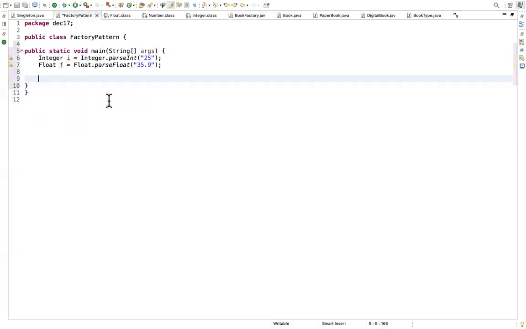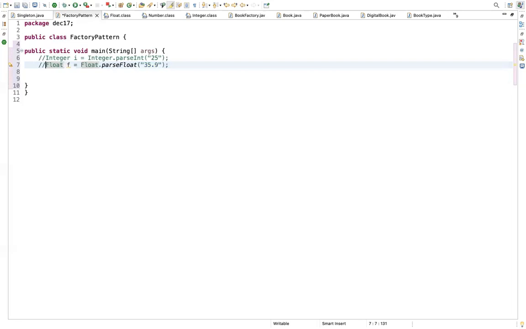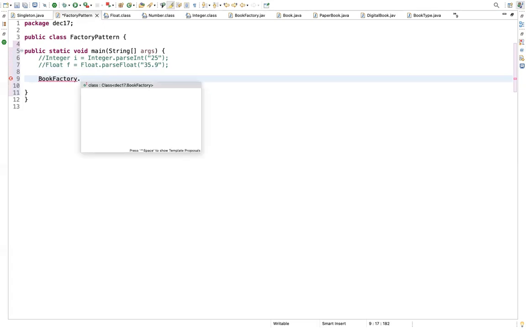Within the main method, let's create book factory dot. I will comment out these two lines. Within that, have book factory. Control space, we will get that immediately. Now just give dot, book factory dot.